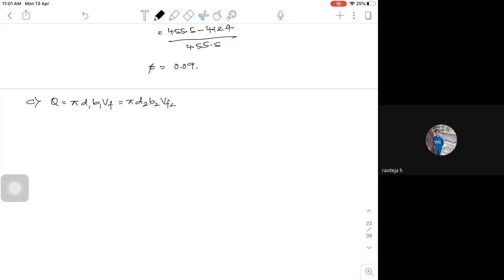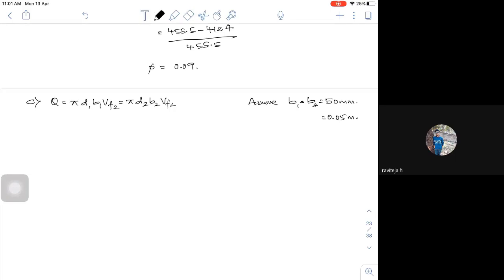In the numerical, they have not given the value of B. Usually when you are designing, we assume something and try to optimize it. Otherwise, we can assume B1 and B2 to be roughly 10, 20 or 30 mm, or whatever it may be. If I take the value of B as 50 mm, that is around 0.05 meters. This is an assumption. In design problems, we try to assume something and optimize it.